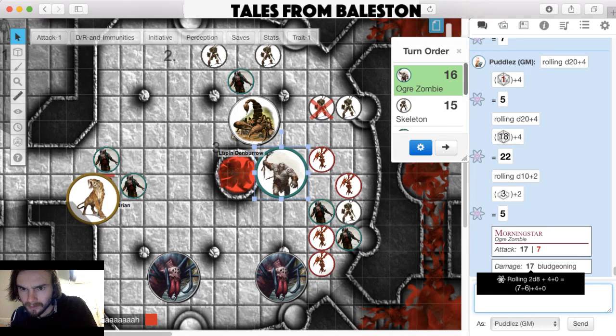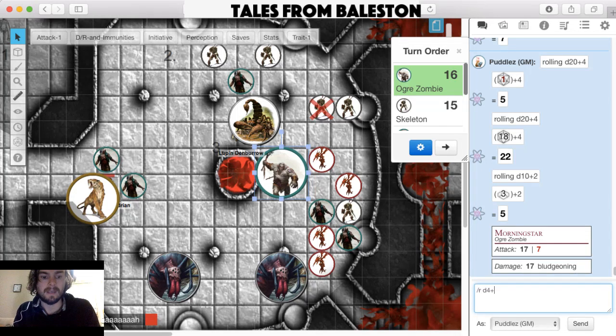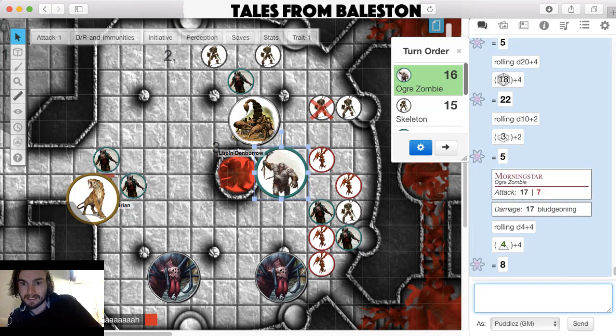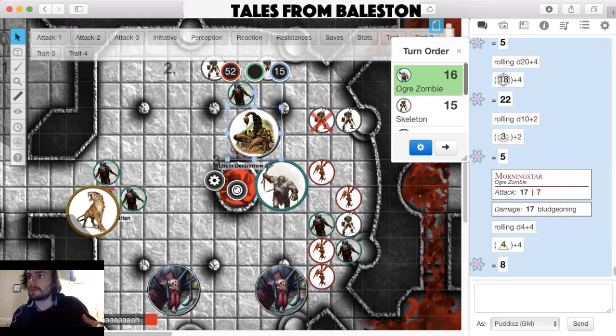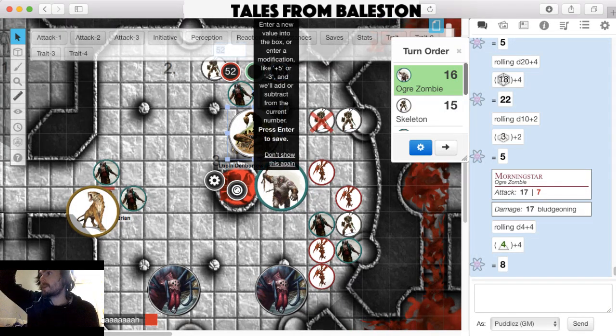Sorry, his strength is plus 4. Alright, so he actually does, instead of 17, he does 8. With what? His hand? Yeah, he just punches you. He's a big old ogre. Okay. Just clonks you on the head. Okay. 8, so he's on...